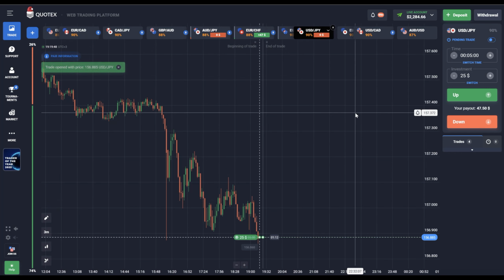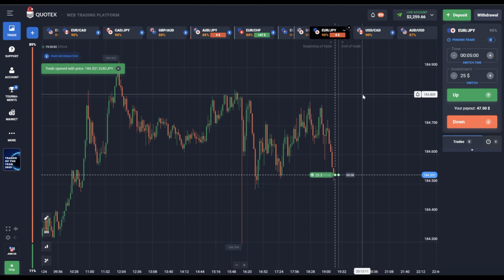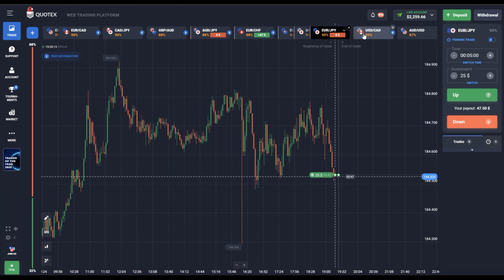USD JPY, opening a trade for an increase. The local minimum is being tested, most likely there will be a false breakout now and it will probably return higher. This zone EUR JPY, I will also open a trade for an increase. There is a support zone on the chart, and it's clearly visible. There were price reversals, and quite sharp ones at that,